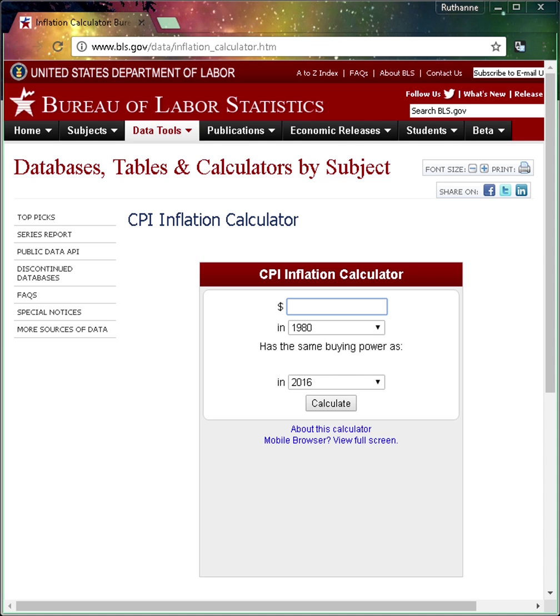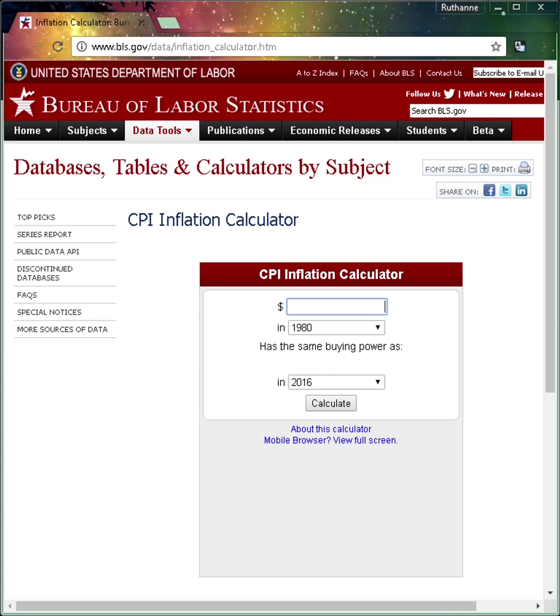Okay, so right now we're looking at the inflation assignment over here on the left. It's fairly straightforward and fairly simple, and most of it involves using the CPI inflation calculator. So all I'm going to do is go through a few of them so that you can see how this calculator works. So number one, it says 1990,